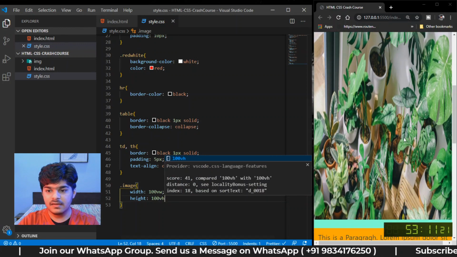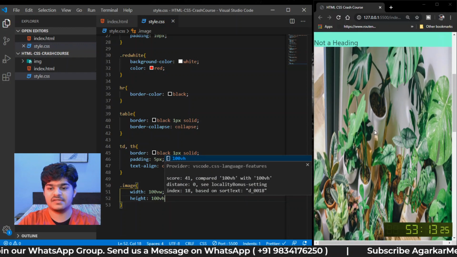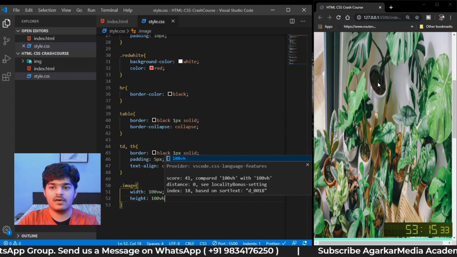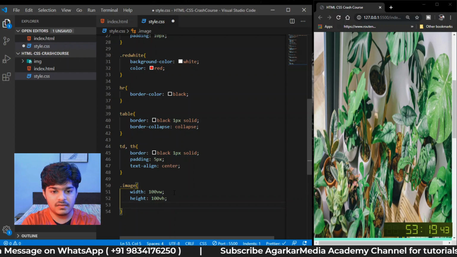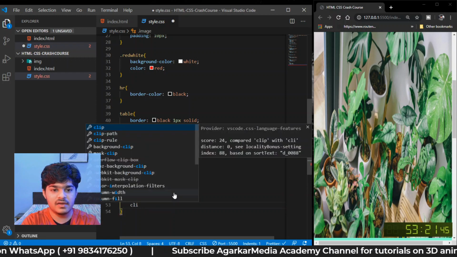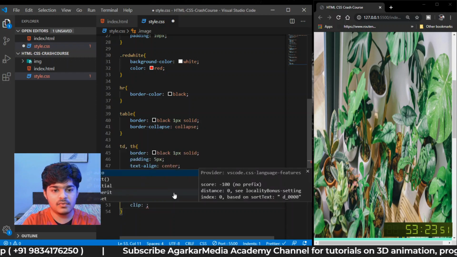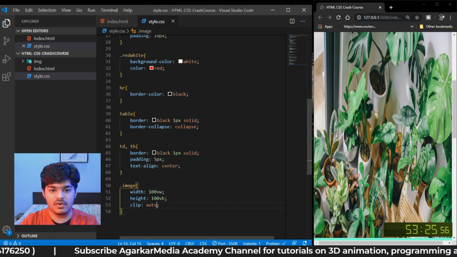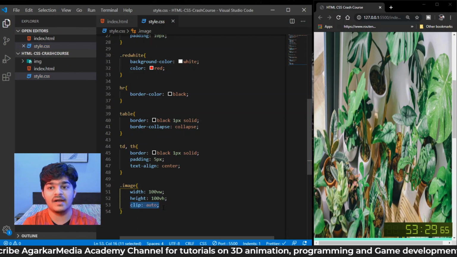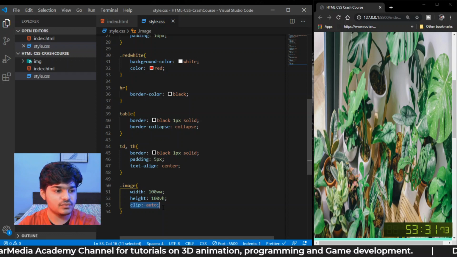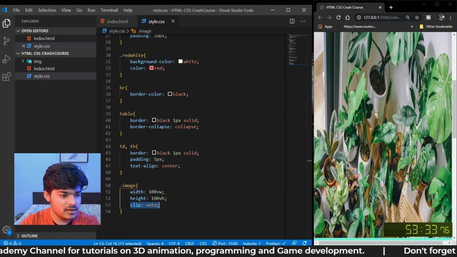Then here you can see that the complete height is being stretched. This is the complete height. For the complete height the image has been stretched. Now if we don't want the stretching, I think we can use clipping. I'm not sure if we use auto. There are different ways of image styling. We're not going to go into that right now, just to tell you that this is the way you can have